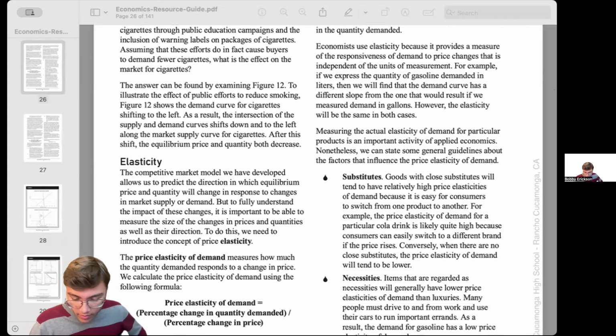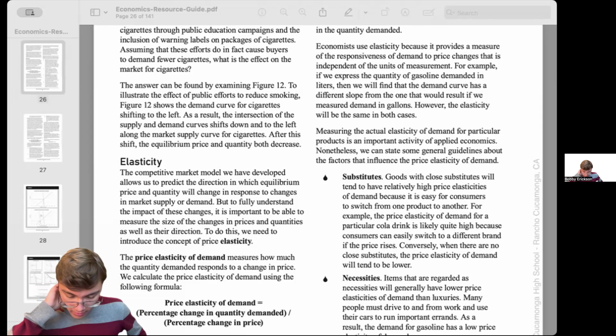And so we can see that the slope, if it were for gallons of gasoline, would be in gallons, but the elasticity will just be the same. There's a different slope for liters or gallons, whereas the elasticity is going to be the same no matter what because the quantities don't matter as much as the percent changes do.